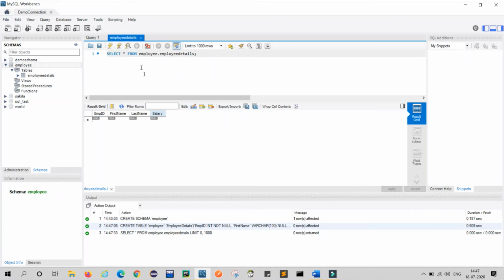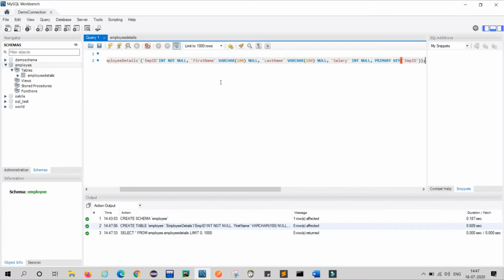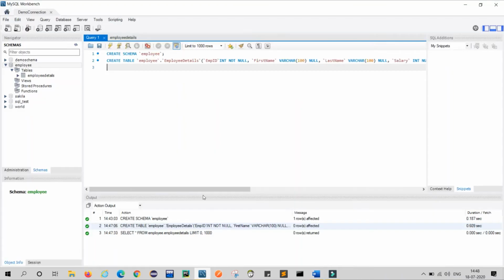It is executing fine. Now what we will do, our third step is to provide input data in our columns. So in my Word file, I just completed that. So the last step, in step 5, we need to provide input. So friends, I will provide this type of input in my database. So providing input, what will we do? We will use the insert into command. So see how we can do this.